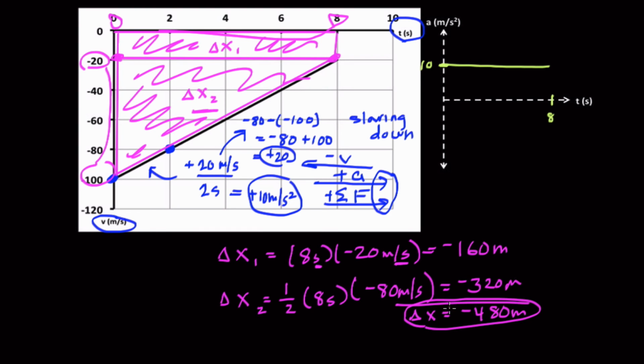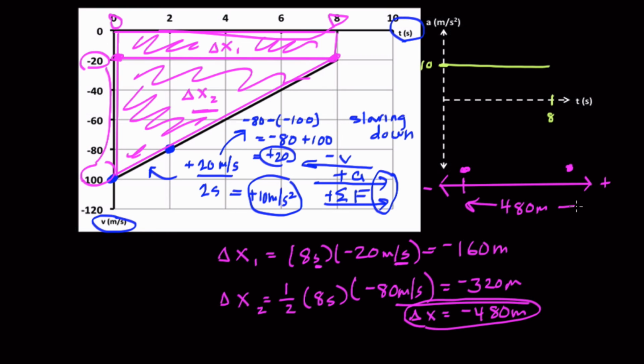So what does that mean? It means that this object started somewhere, and I don't know where. I'm given absolutely no position information here, but it starts somewhere. And if we say this direction's negative and we say this direction's positive, it starts wherever it starts. Let's say it starts here. And it moves around, and we can actually see from the velocity time graph that it moves in the same direction the whole time. It's going in a negative direction the whole time. At the end of this event, 8 seconds later, the object is here. It moved 480 meters